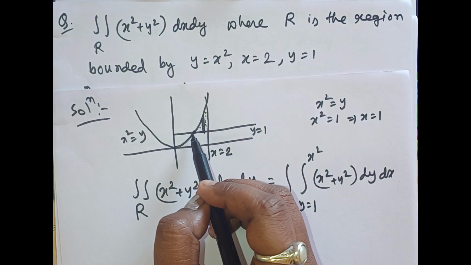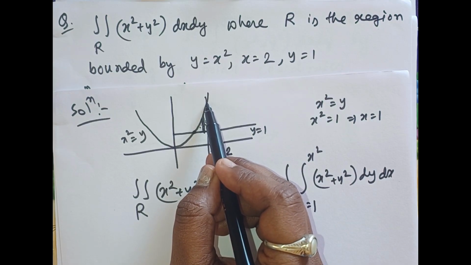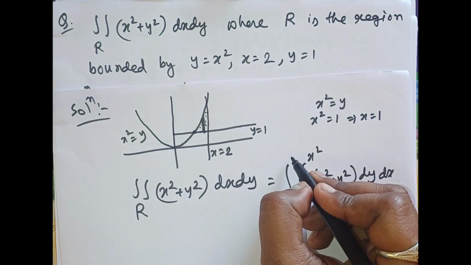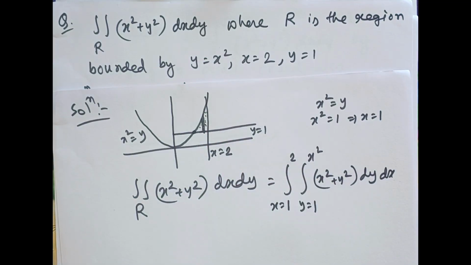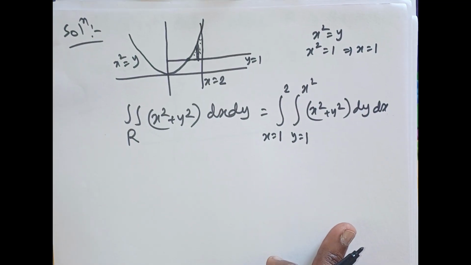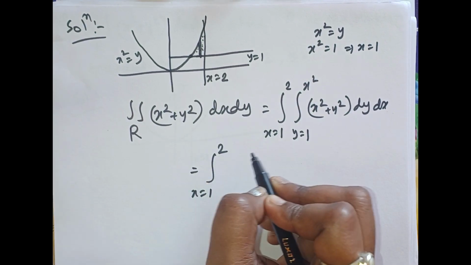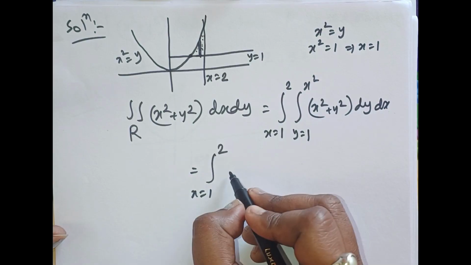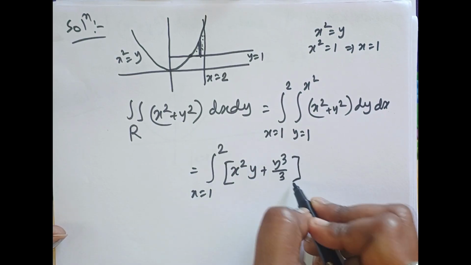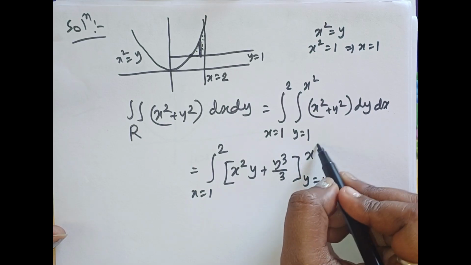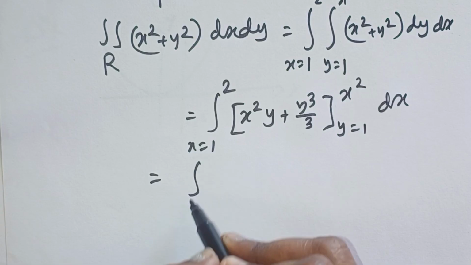That is the limits for x is 1 to this line x equal to 2, because we always assume that the strip is movable from one end to another end, and hence the limits for x is 1 to 2. Now only thing is to calculate integration 1 to 2 of x square y plus y cube by 3, y equal to 1 to x square, and dx. Now just put the values,